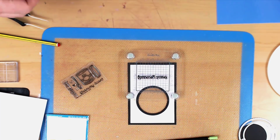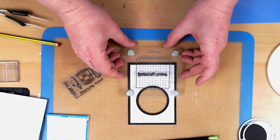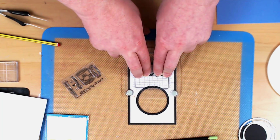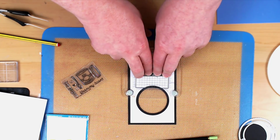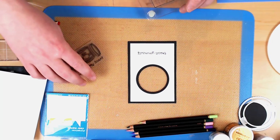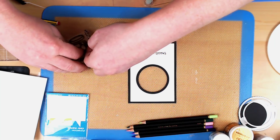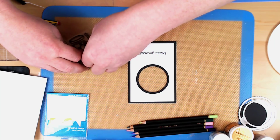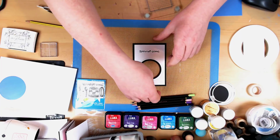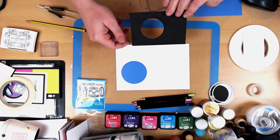Okay, I need to stand up for this. There we go, perfect. Clean off the stamp before you pop it back, as ever, or in my case, as if. And then, oops, I can bring back my card,